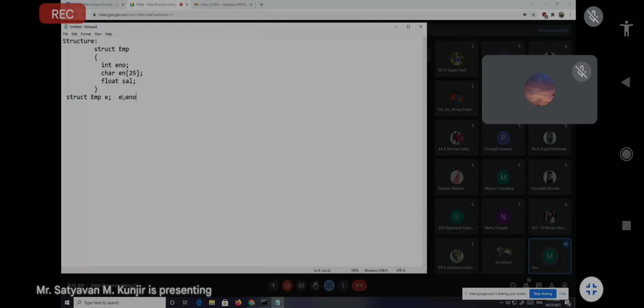And what is a member? The variables which are declared in a structure are called members of that structure. That means E number, en, and sal are the members of structure EMP, and E is a variable of structure EMP.